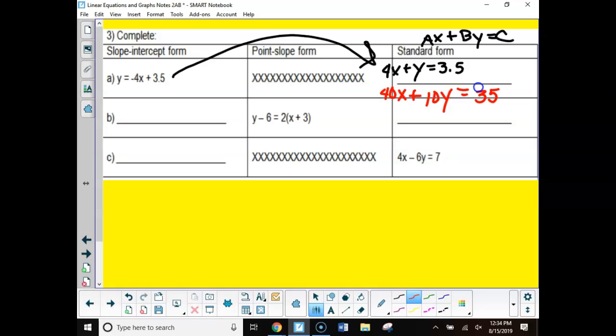What is true about all those numbers, though? We could divide them all by 5, which means we could have multiplied this original one. How many of you were thinking, let's just double it? Because the 3.5 could have become a 7. Okay. So the reduced form would be 8x plus 5y equals 7. Either one of these I would take. I'm not going to be super picky about that. They're both standard form. I'd rather have the reduced one, but